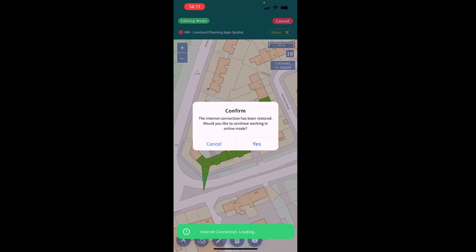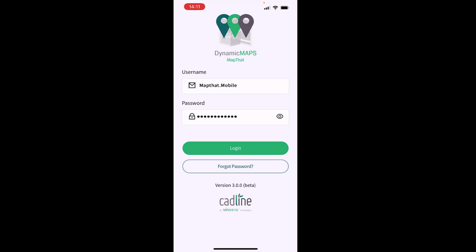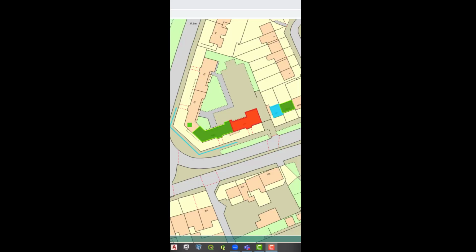MapThat Mobile recognises we've come back into a coverage area where we've got internet, it's been restored. Do you want to continue now working in online mode? That will log us out for us to log back in again. Let's choose yes. Okay, so we've been logged out on the mobile app while we're out in the field, but